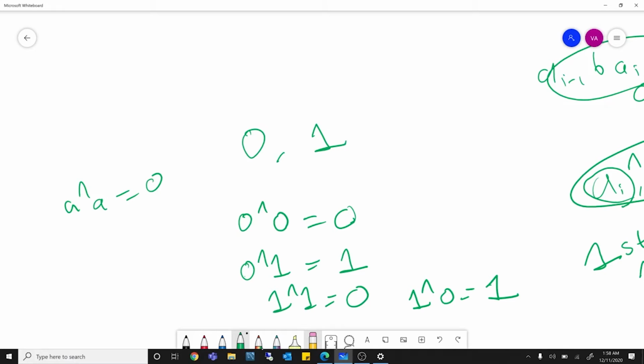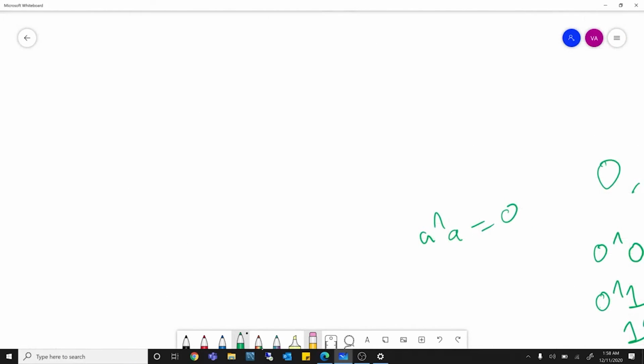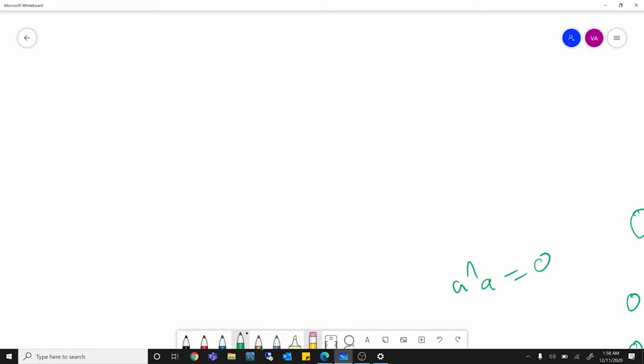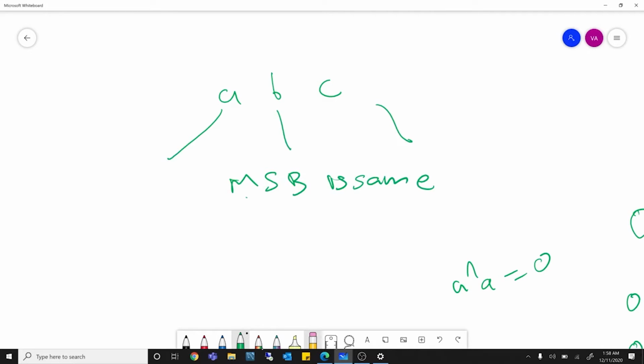Let's also look at another property. Let's consider three elements A, B, and C. What is common in these elements is that their MSB is the same. MSB is the most significant bit, or basically the leftmost bit which is 1.